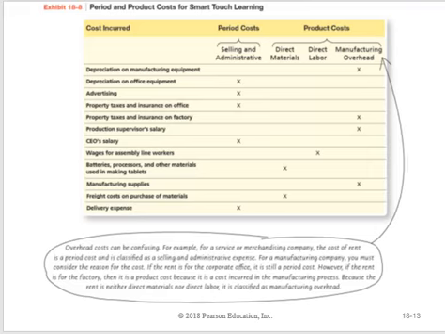Okay, you'll do types of problems like this where you'll break out period costs and product costs. Remember, if it says something like depreciation of the administration's computers, that will be a period cost. If it says depreciation on the factory computers, that will be a product cost. So read the transaction and make sure you're clear on whether it's a period or a product cost.